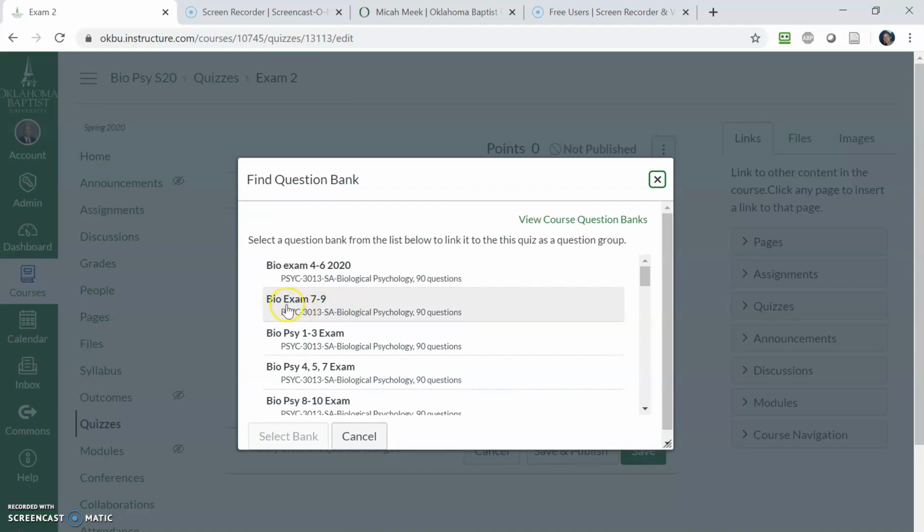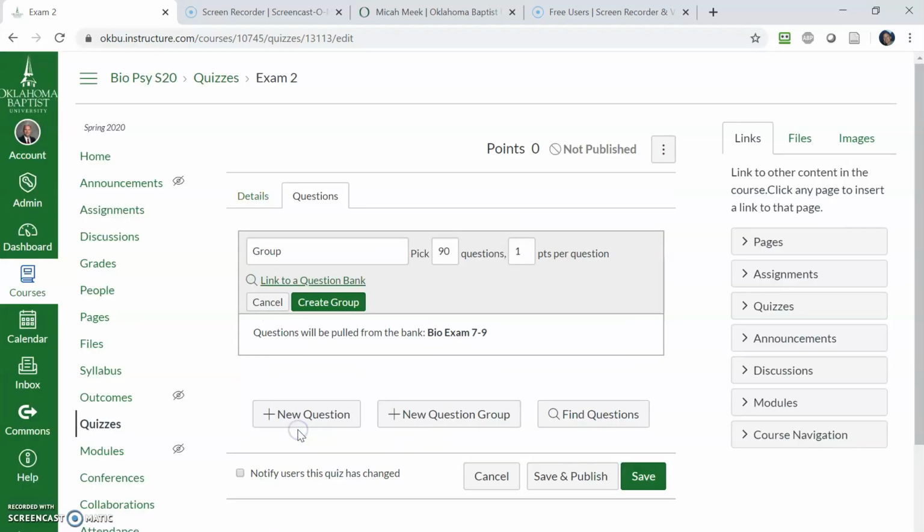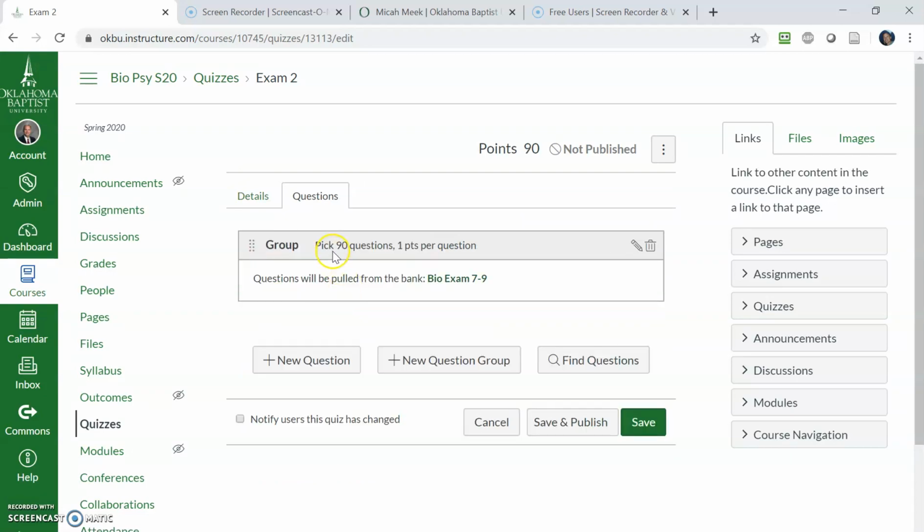And so here we see that bioexam 7 through 9 has 90 total questions. When I click that and select that bank, it's now going to pick all 90 questions, but it's going to do so in random order for each student. So we can create group. It'll now pick 90 questions from that exam, and when I hit save